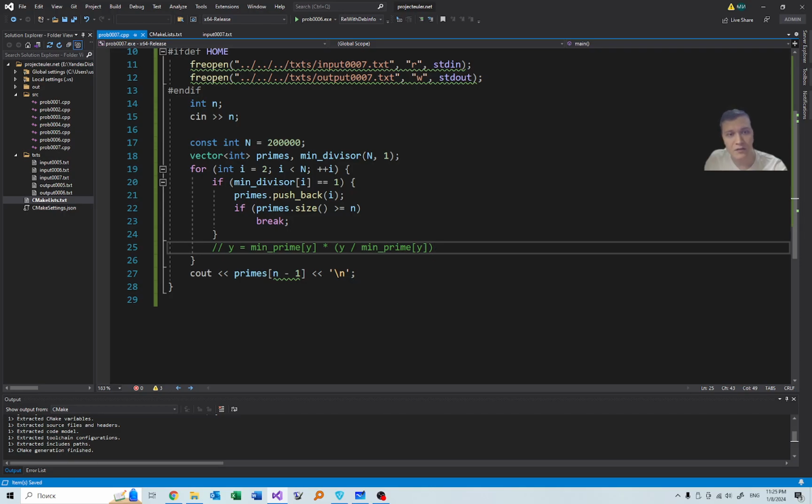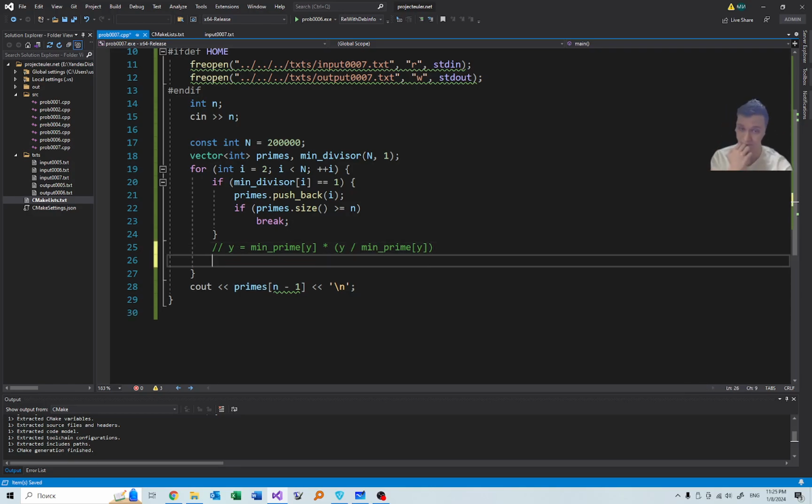And we consider now all numbers for which this is I. What does it mean? This means that we need to consider all numbers for which